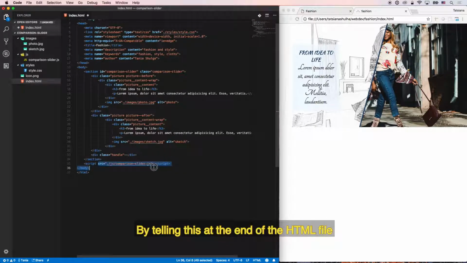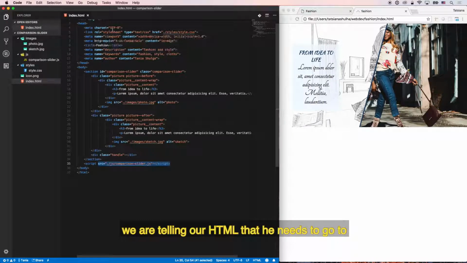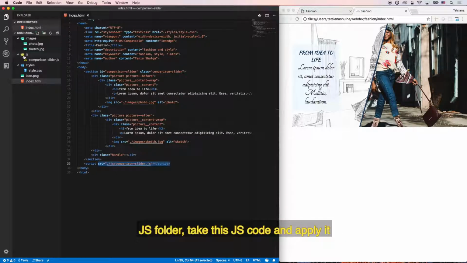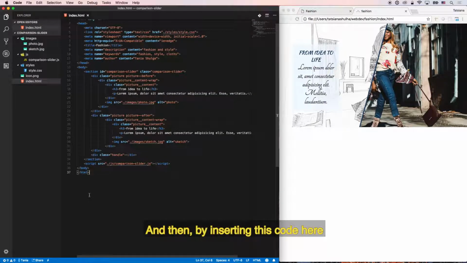By telling this at the end of the HTML file before the body closing tag, we are telling our HTML that it needs to go to the JS folder, take this JS code and apply it. And then